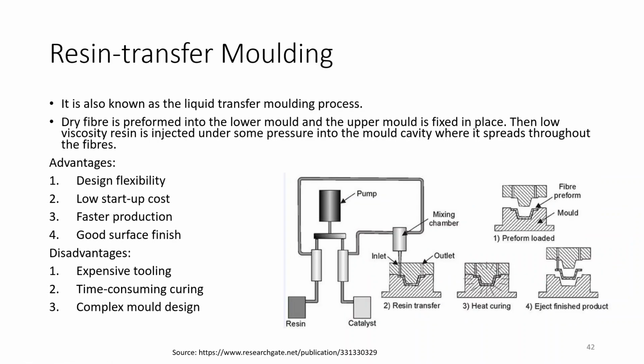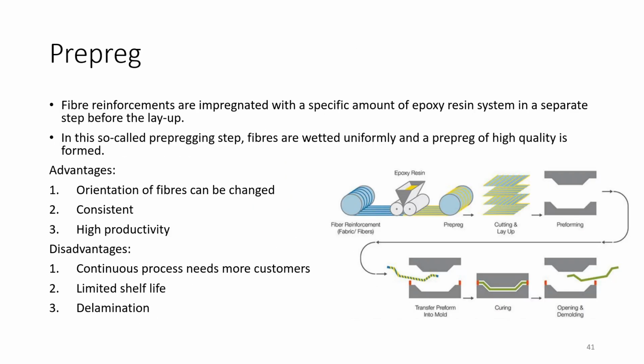Next is pre-preg, then resin transfer molding. In the case of pre-preg, the fiber reinforcements are impregnated with a specific amount of epoxy resin system in a separate step before the layup. In this so-called pre-pregging step, fibers are wetted uniformly and a pre-preg of high quality is formed. Advantages include that the orientation of fibers can be changed,